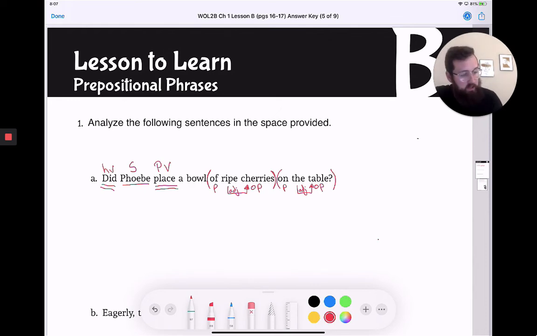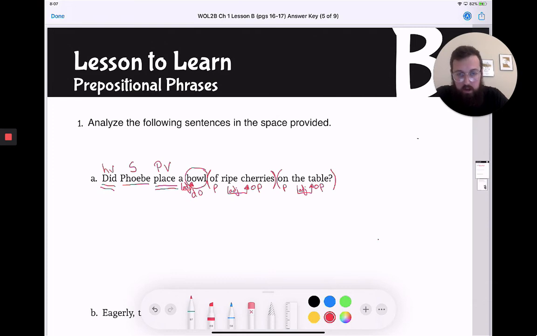And what did she place? She placed a bowl. So that's my direct object. And A is describing bowl. Just gonna have to squeeze that in there. Okay. One last step. I need to hook my prepositional phrases to the rest of